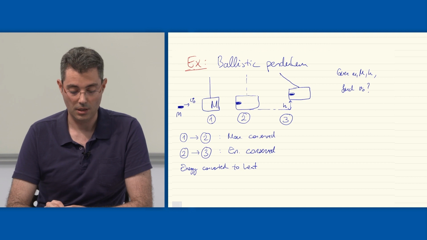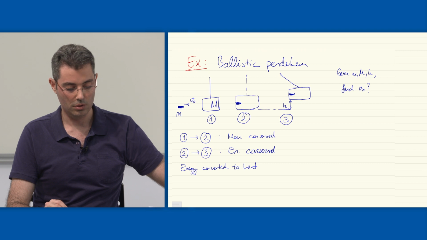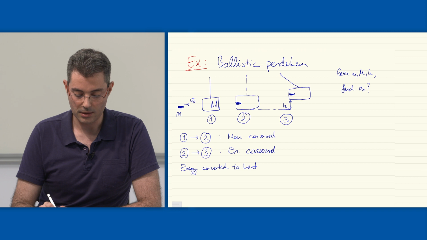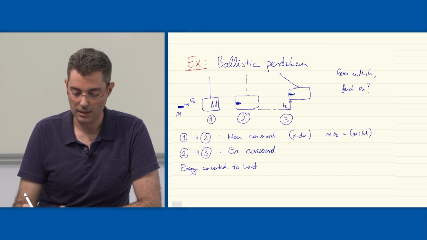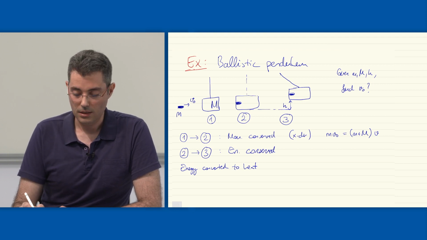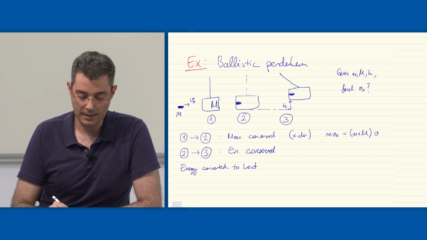So the total energy is going to be conserved from time 2 to time 3, right? Therefore, let's again write the conservation of momentum along the x direction. Let's assume the same things. M times v1 must be equal to the total mass after the collision. They move together, and let's call this speed v. This is a very easy equation so that we can find the speed after the collision, and then we apply